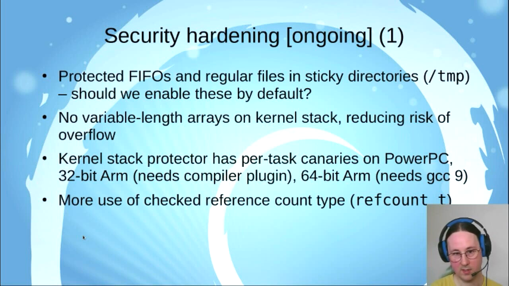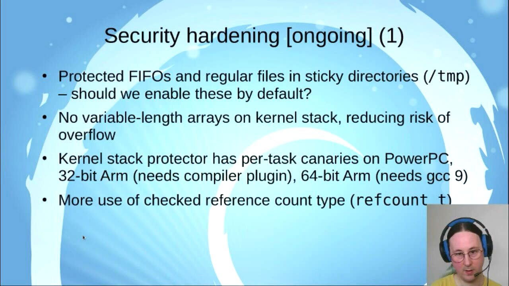The kernel also enables GCC stack protector, which protects against overflowing individual stack buffers. In order for that to be really effective, you want to have a secret value called a stack canary, which ought to be different per task, because if it's the same for all tasks, then if an attacker can manage to read it from one task, they can attack the kernel again on any task. So x86 already had per task canaries. We now have that on PowerPC and potentially on 32-bit and 64-bit ARM as well, although we'll need some compiler updates.